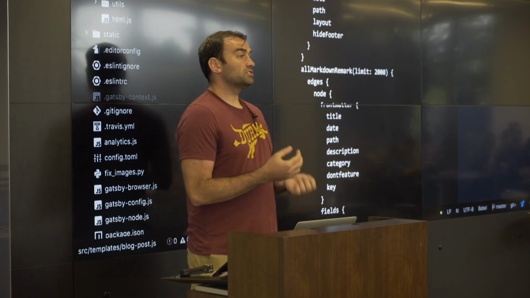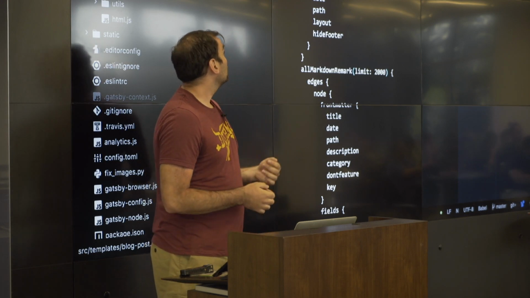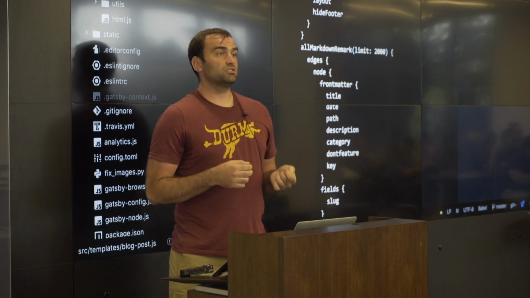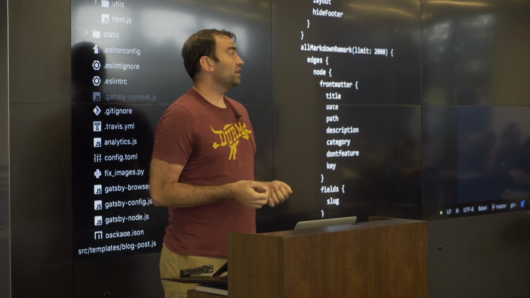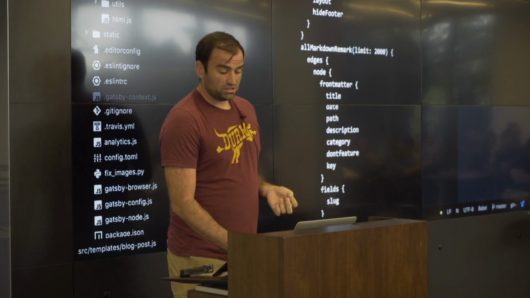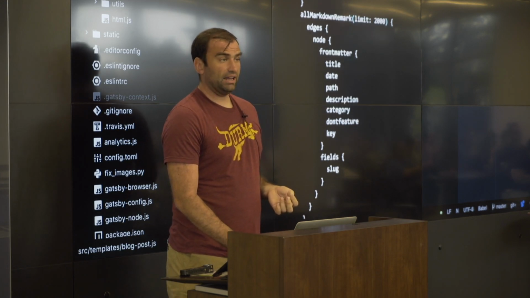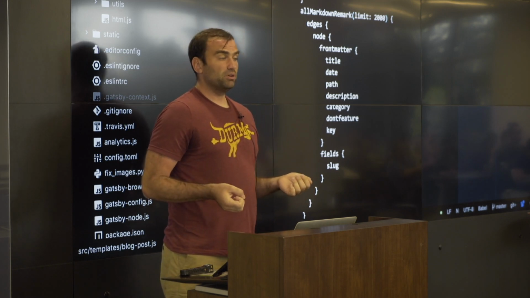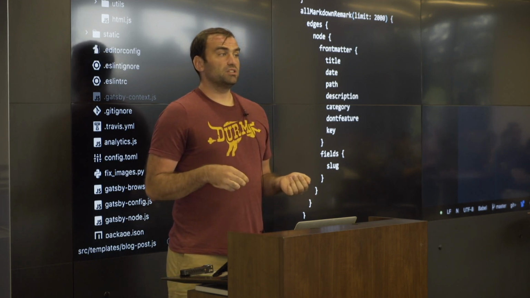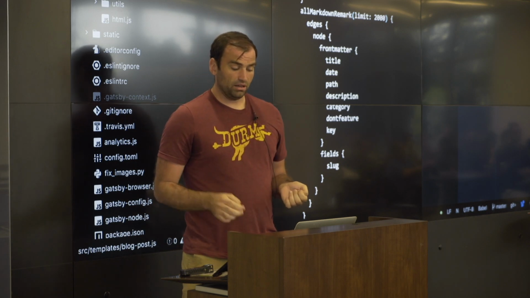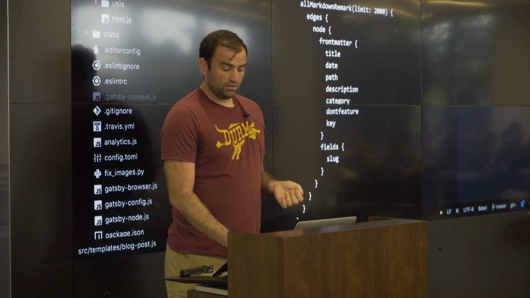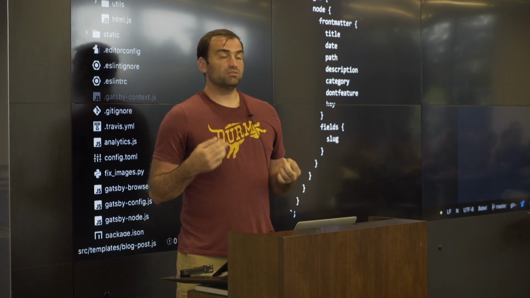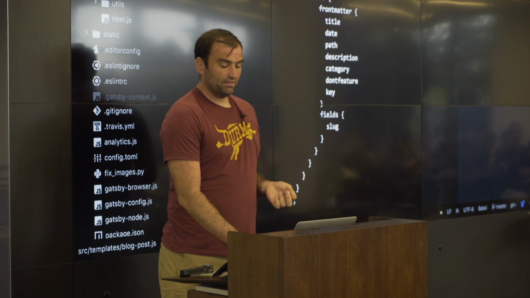So along with this component, I've included a query which tells Gatsby exactly what data the component needs. And in this case, I actually asked for quite a bit of data. I need the title, I need category of the post, I need the date of the post, I need the URL path, I want the read next to get the related posts, and then this is